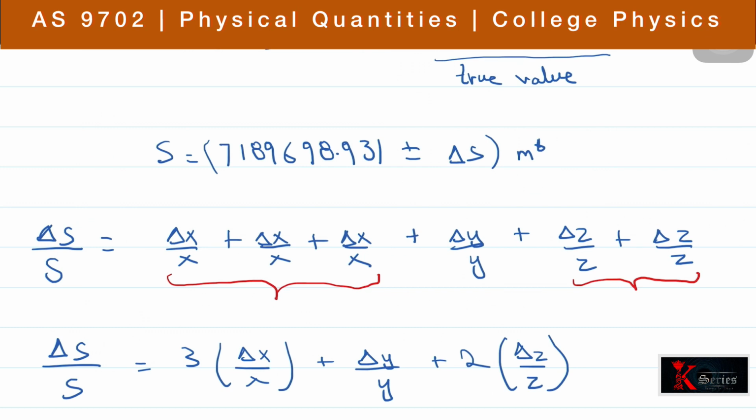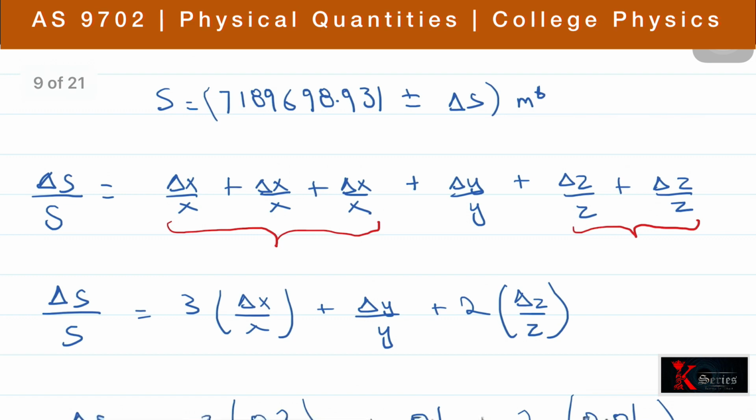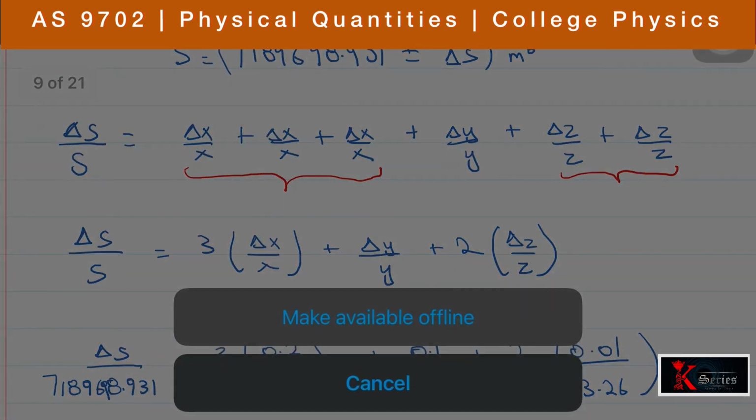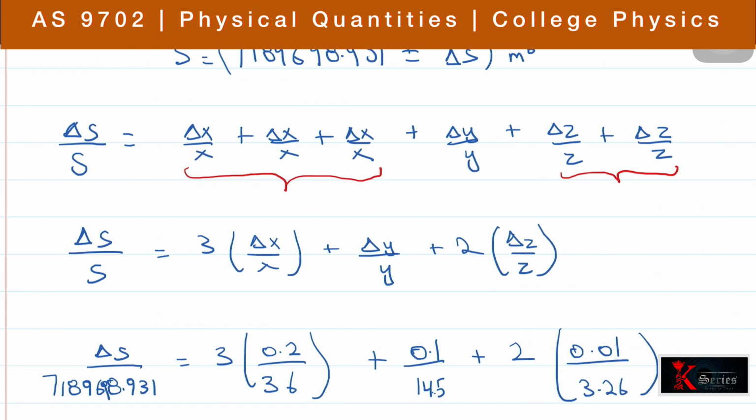Then we added the absolute error in y upon the true value of y, and then we added the absolute error in z upon the true value of z plus the absolute error in z upon the true value of z. Why have we taken it twice? Because z was to the power of 2, right? So when we write it, we can basically just multiply the fractional error in x by 3 and the fractional error in z by 2,